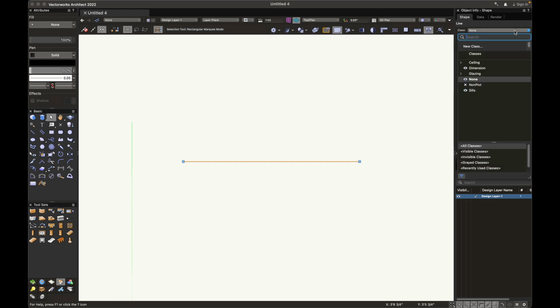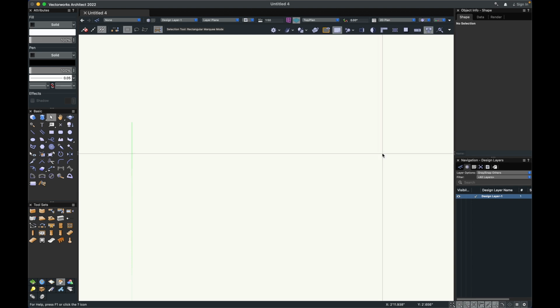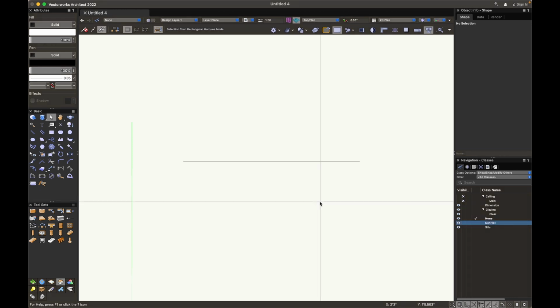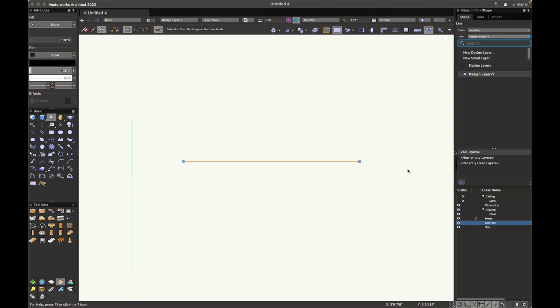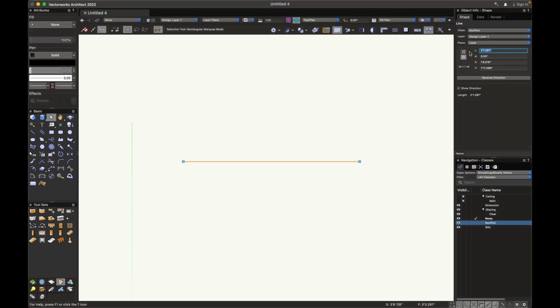So if I want this to be in the, let's say, non-plot class, I'll just set it on non-plot. And right now, class non-plot is set to not visible. So we'll just change that. Let's select it. You can also change the layer it is on, and you can also change the length of